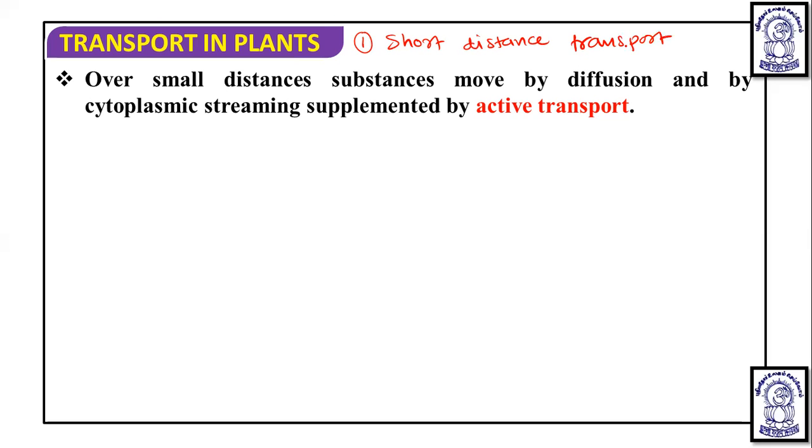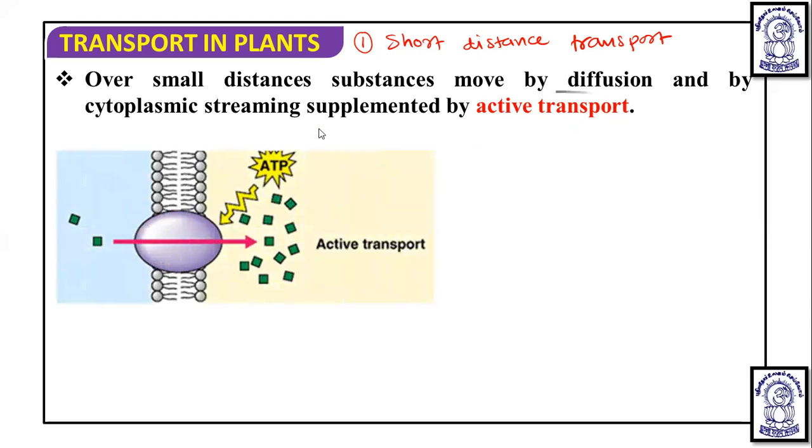In short distance transport, the substances move by diffusion or by cytoplasmic streaming, the movement of cytoplasm, and it is obviously supplemented by active transport. For this active transport or diffusion, which is transport occurring over a short distance within a cell or from cell to cell,